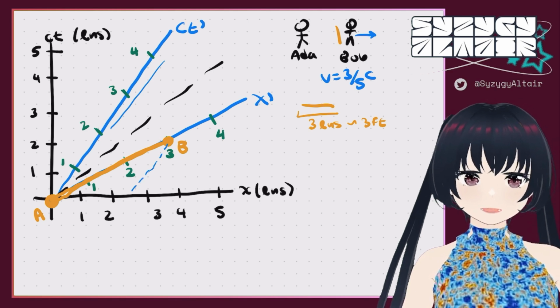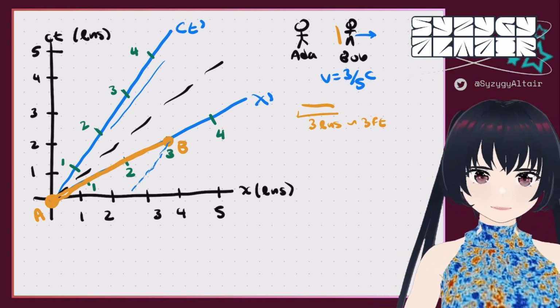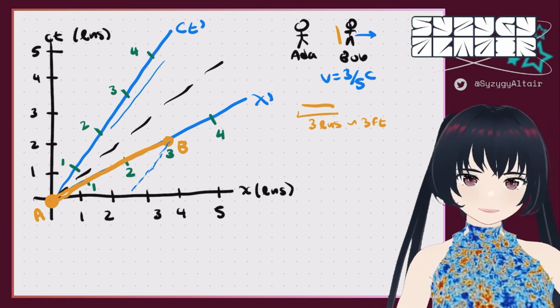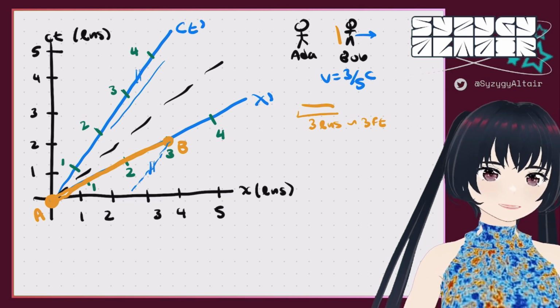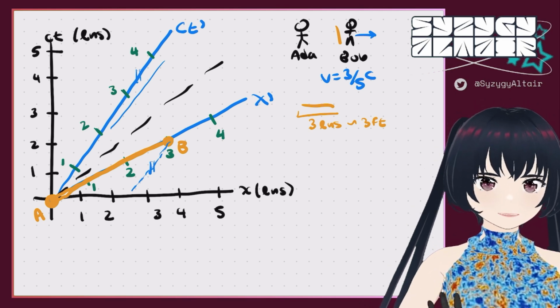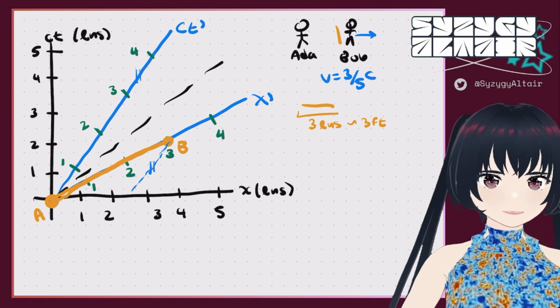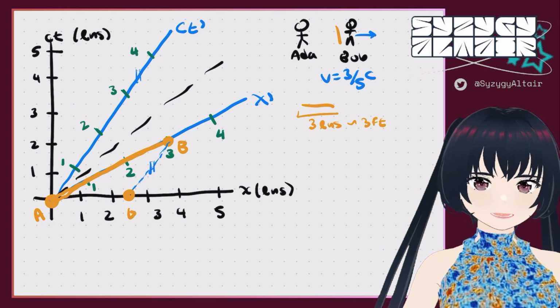So now we're just determining where it is in Ada's reference frame by transforming its coordinates. So let's move parallel to the ct prime axis like this, keeping the end of the stick constant with respect to Bob's frame. Now, here's the punchline. If we look at Ada's frame, the unprimed position and time axes, and draw B here, Ada sees the stick